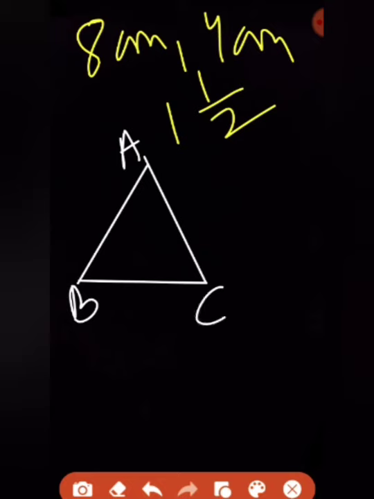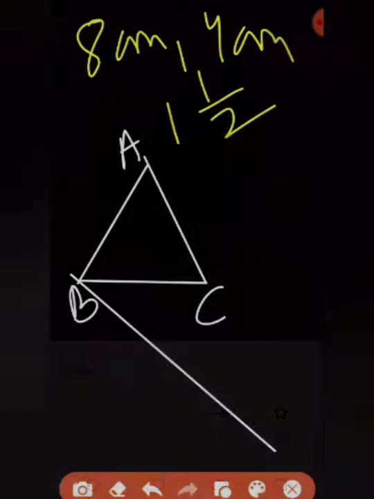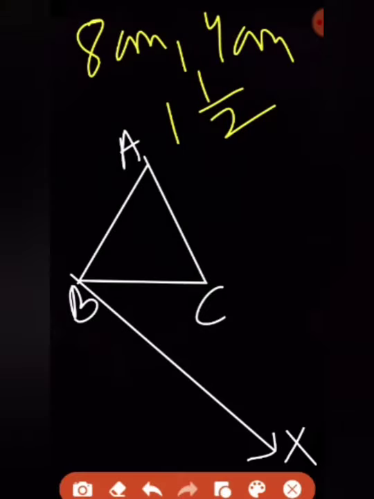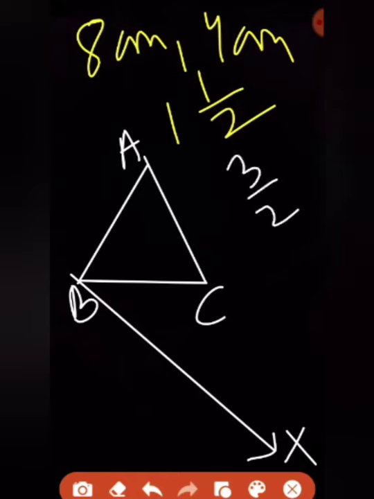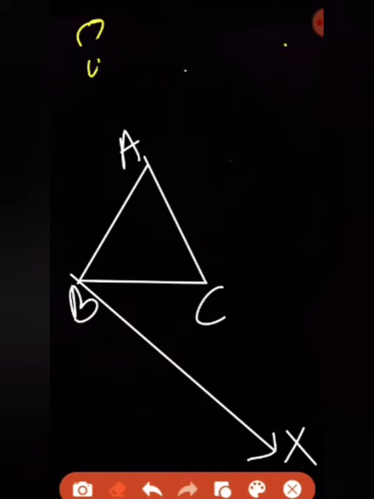And after that, you make a ray from B. After making a ray from B, you name this as X. And then it's given in the ratio 1 by 2. You can write this as 3 by 2. Because 2 multiplied by 1, 2 plus 1, 3 by 2. Okay, let me draft the above portion. 3 by 2 ratio, so you can understand. If you didn't understand, then ask me privately. Now,